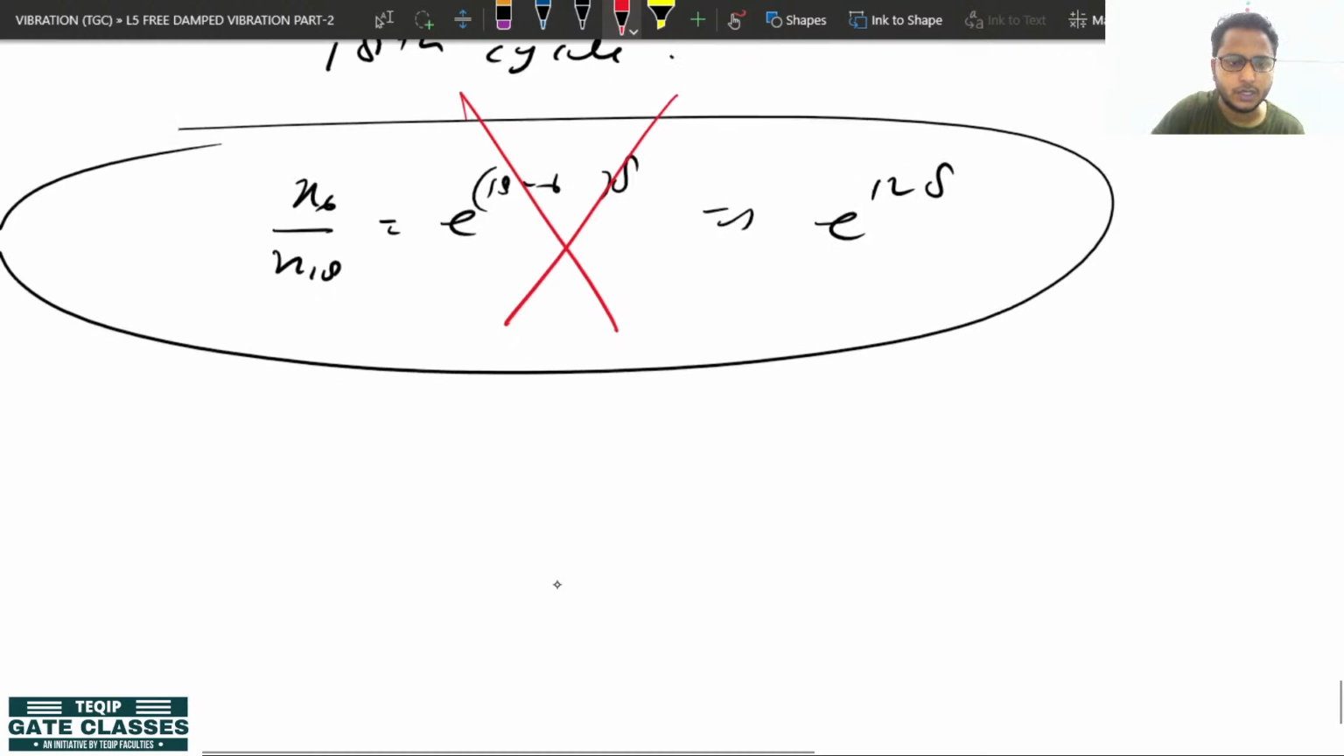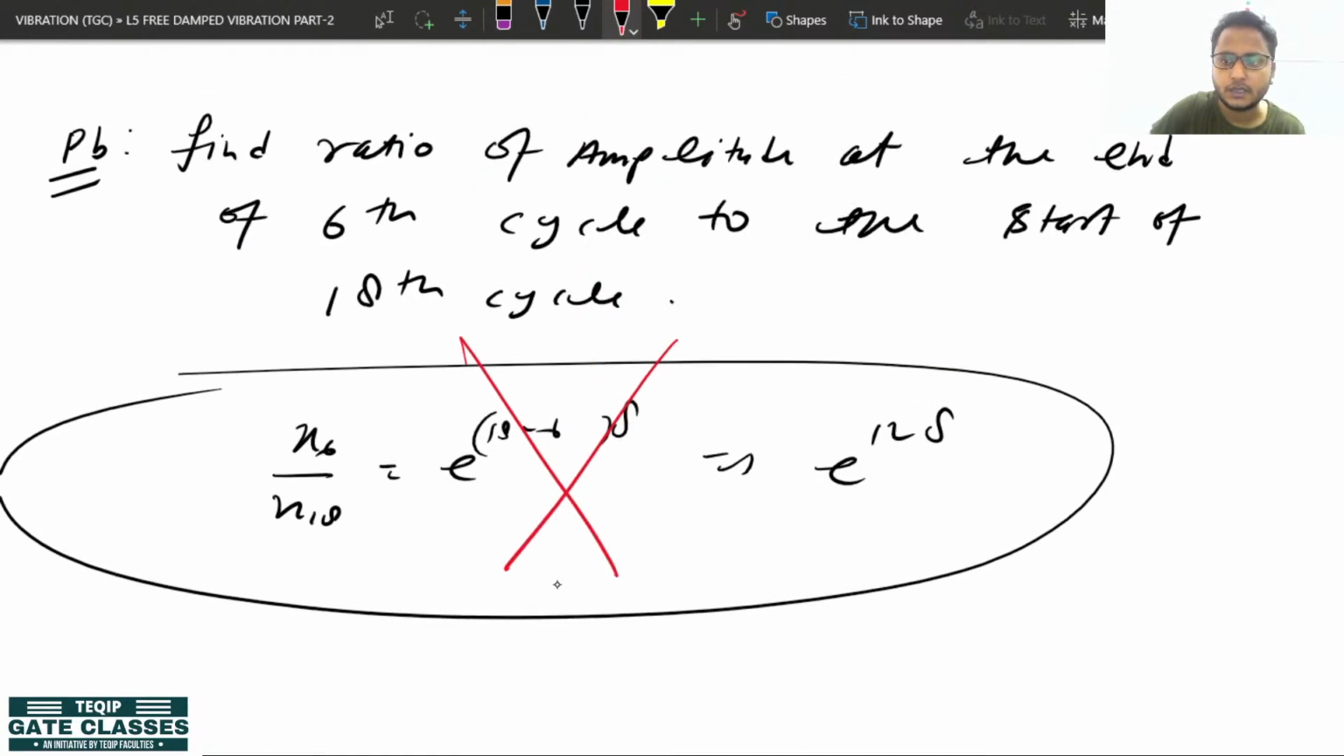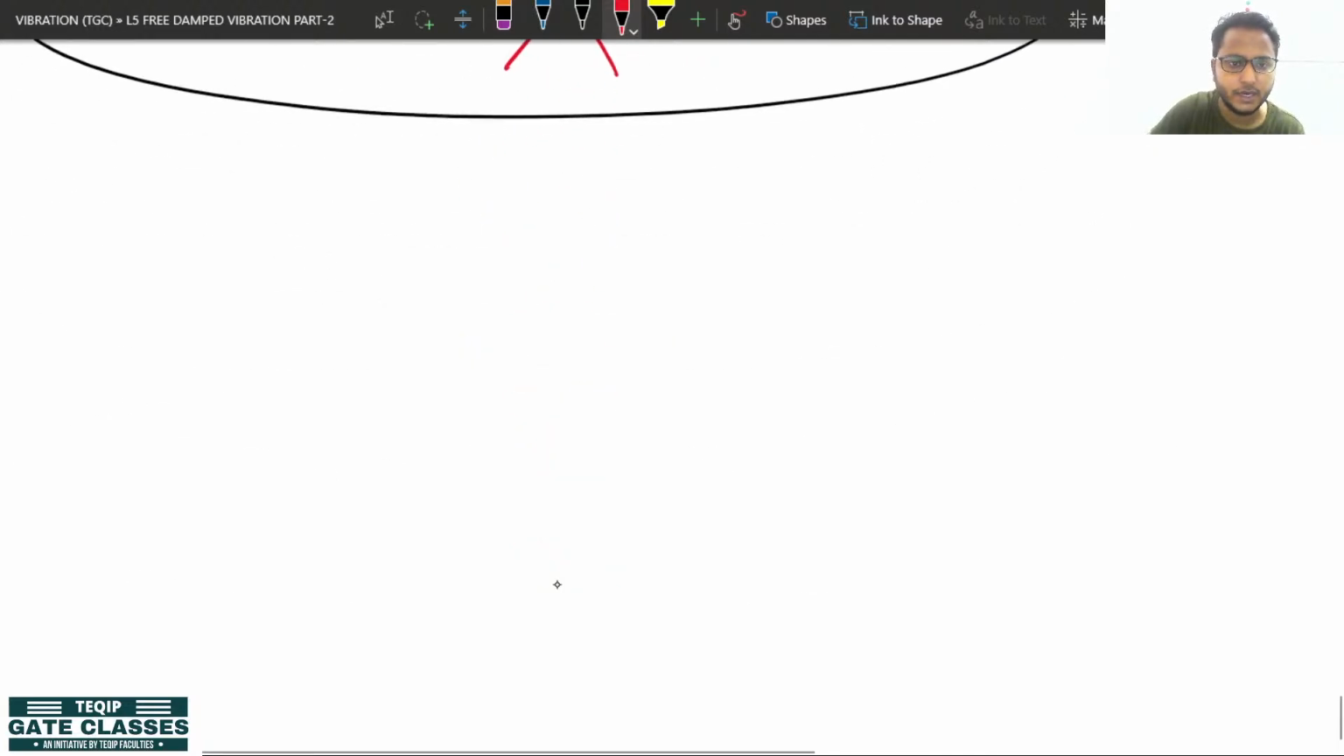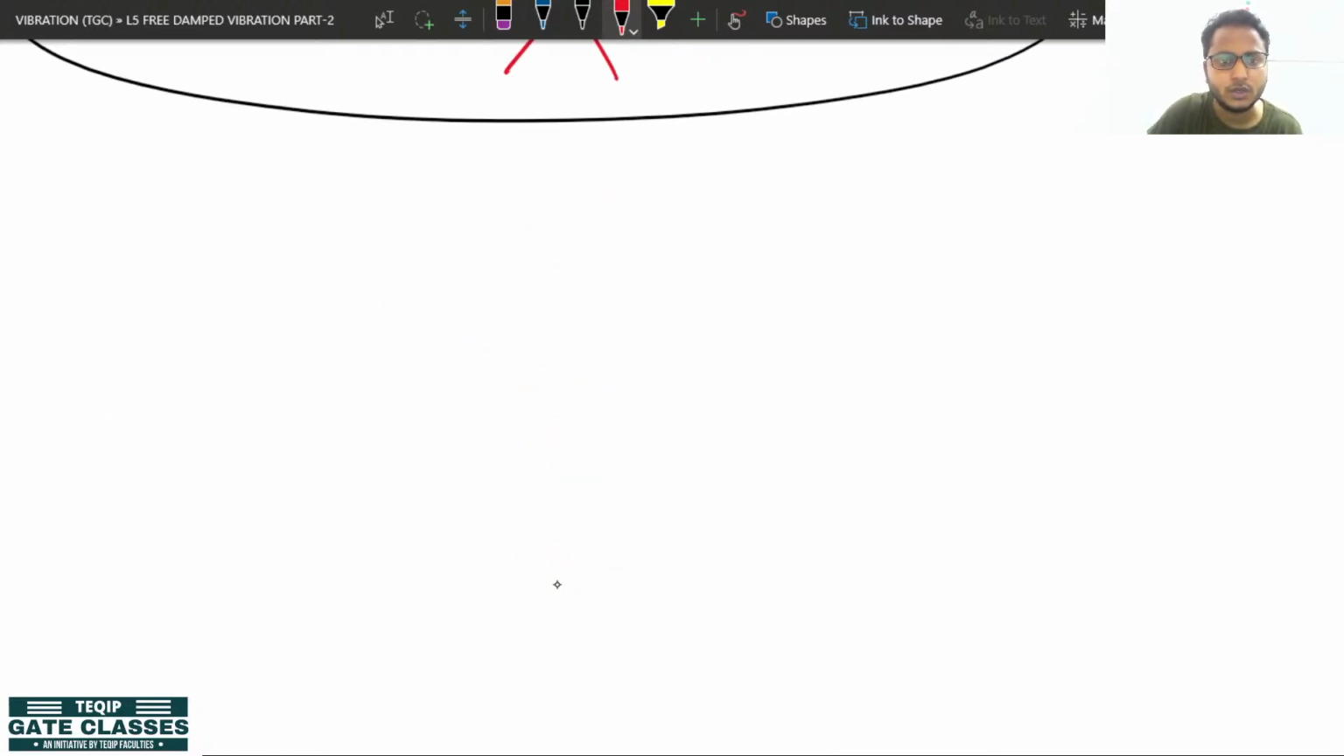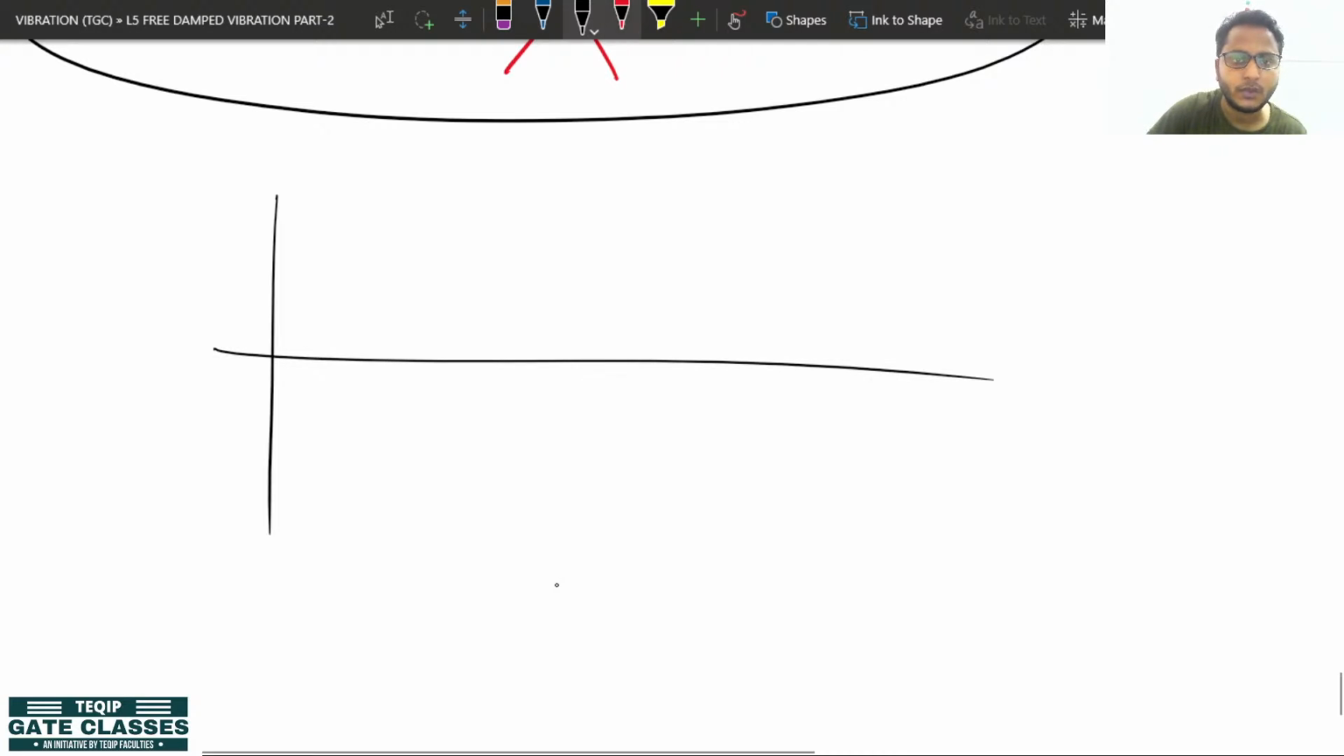How? Because it is asking for the amplitude at the end of the sixth cycle. What is the meaning of the end of the sixth cycle? So we have to convert it into the start of some cycle, meaning the start of the fifth cycle or the start of the seventh cycle, right? So I'm going to draw once again the same graph. Okay, so you can imagine that whenever we talk about start and end,